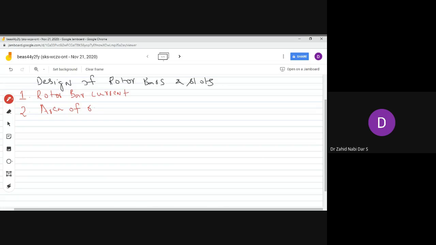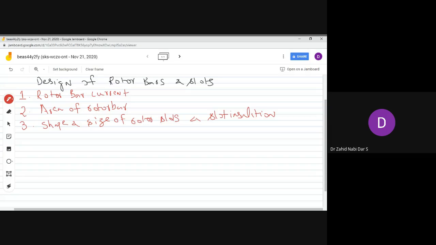Area of rotor bar. How do we go about the area of the rotor bar? The third factor would be the shape and size of rotor slots and slot insulation. So in order to go for this calculation, first of all we have to understand what is the